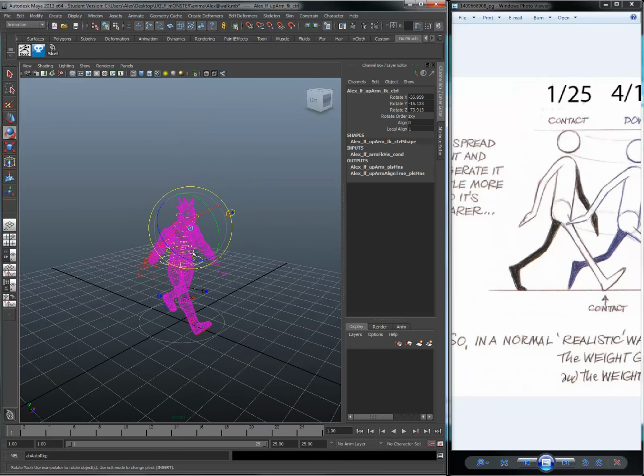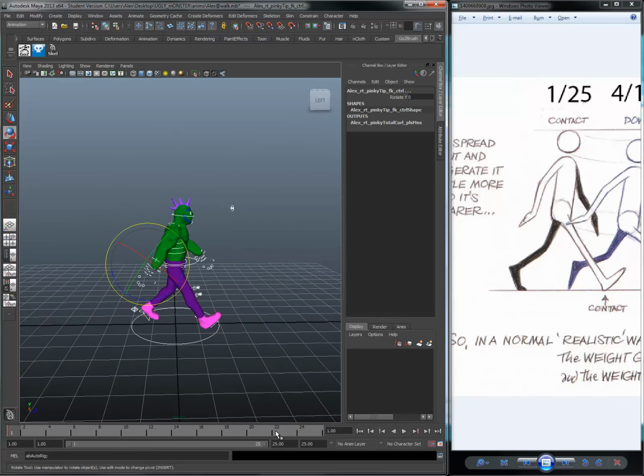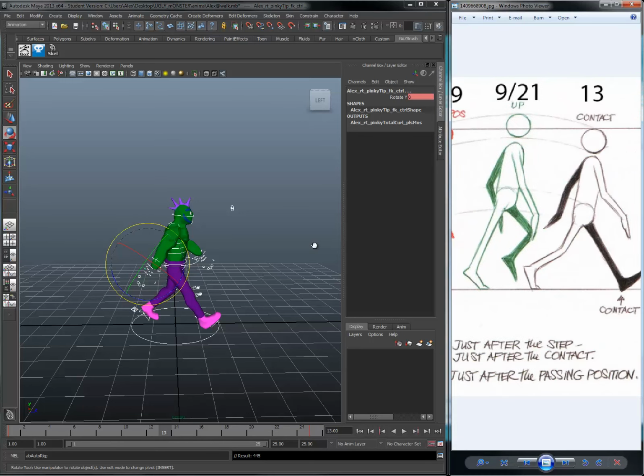There's 1. Now, what I want to do here is I'm going to copy all of these. So I'm just highlighting all of these keys here. I'm going to click on 25 here and hit S to set a key. So now all of these are keyed on both 1 and 25. So I'm going to, again, hit S on 1 to make sure all of those are keyed, on 1 and 25. All right, the next thing we're going to do is we want to go to, let's go to 13